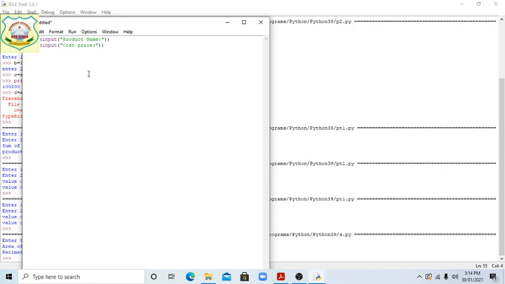So B equal int input, then regarding the question, discount on product. Okay,